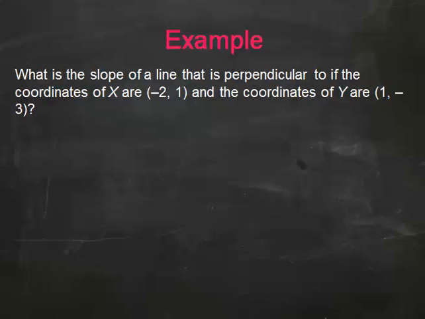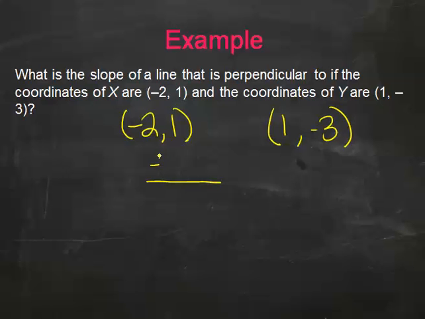We have time for one more example. What is the slope of a line that is perpendicular to the coordinates of x are negative 2, 1, and the coordinates of y are 1, negative 3. So I have the negative 2, 1, and the 1, negative 3. So I need to find the slope of those. So it'd be negative 3 minus 1, and then 1 minus a negative 2. So this would be a negative 4